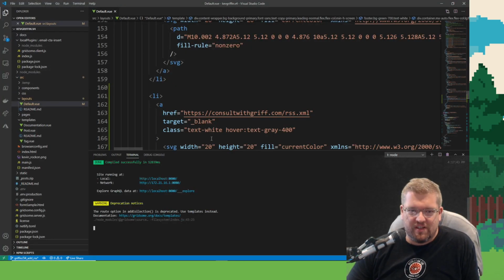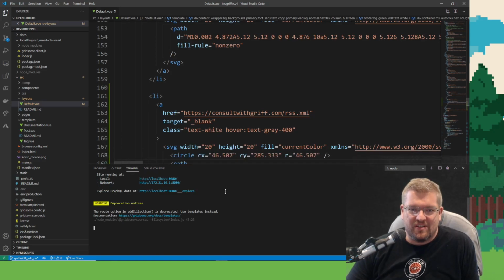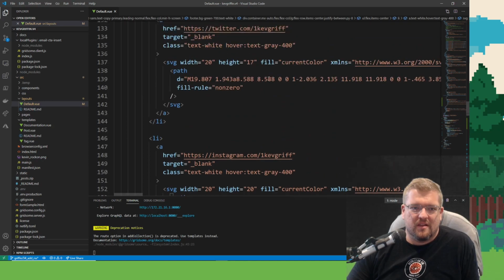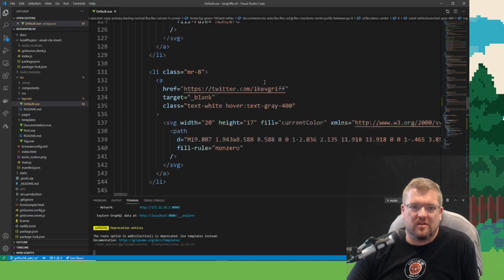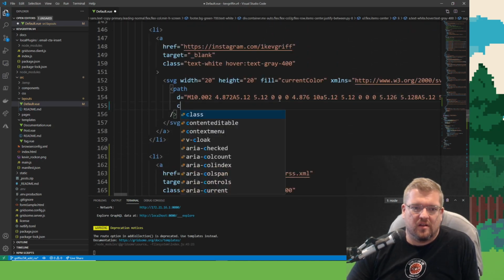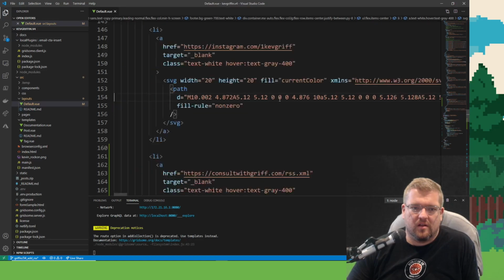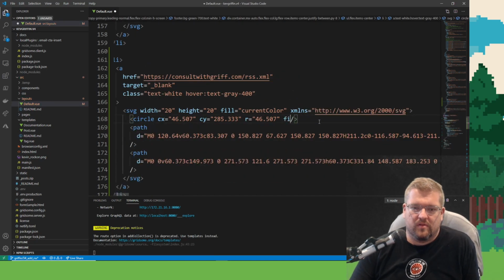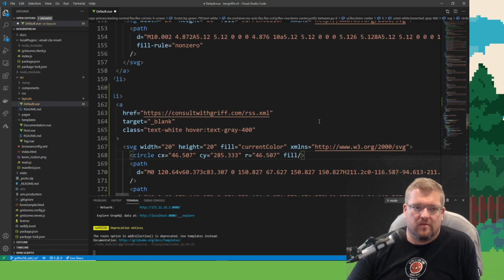I don't like SVG at all. I think SVG is great, but fill rule non-zero. Oh, maybe that's what I had to do. Was it fill rule?